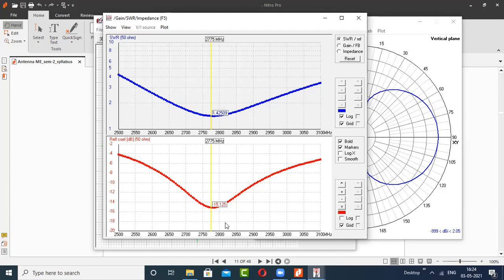Minus 10.179. Is this the lower cutoff frequency or the upper cutoff frequency? No, it's a minus gain. Frequency is never in minus. Sorry, just wait a minute, madam. Just see this frequency graph here at the top.